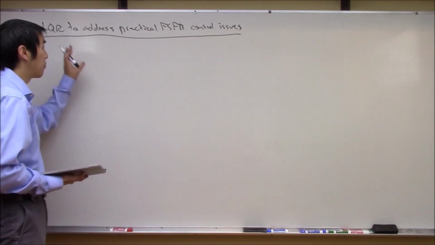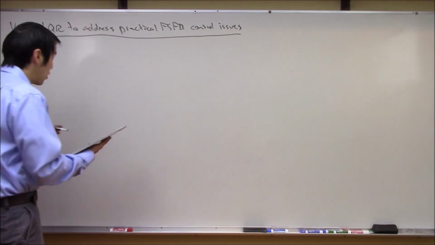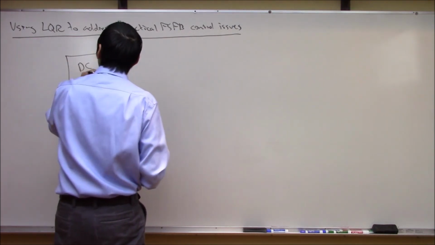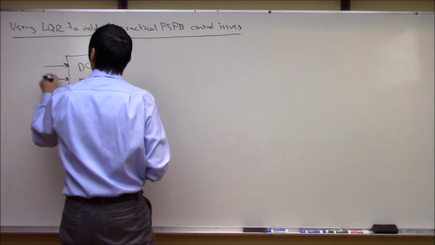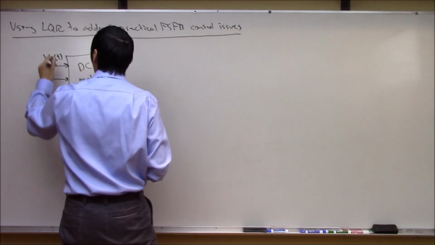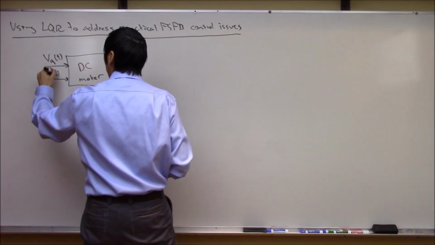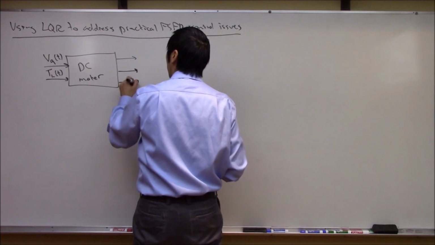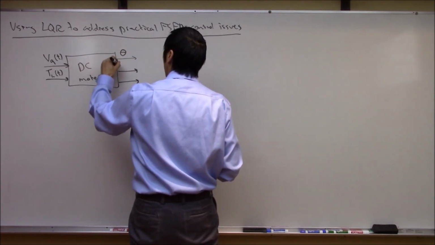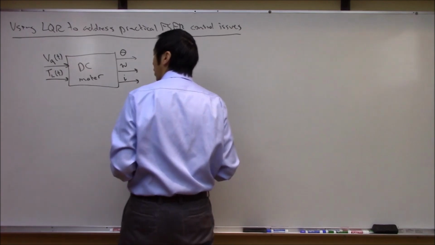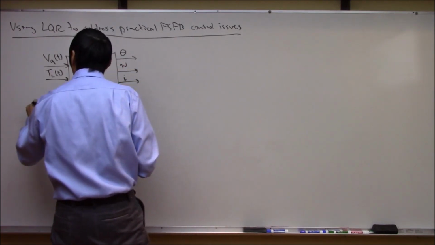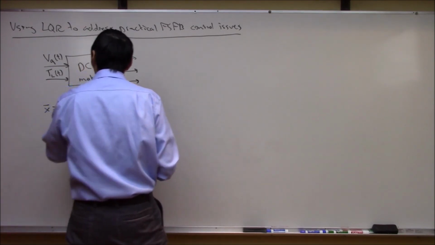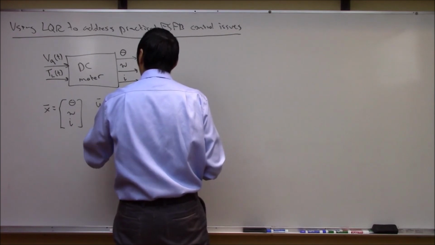What we looked at last time, where we were talking about full state feedback issues, is a plant model here, which was a DC motor. The idea with this plant model was there were two control inputs: a voltage on the armature of the motor, as well as an external disturbance torque you could apply to the motor. The full state of this system was the position of the motor, the velocity of the motor, and the current of the motor. So using this state vector x of just theta, omega, and I, and a control vector u of just VA and this TL,